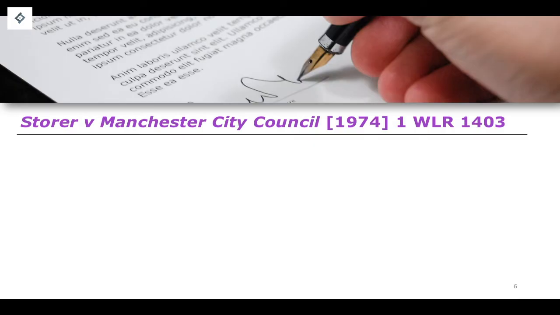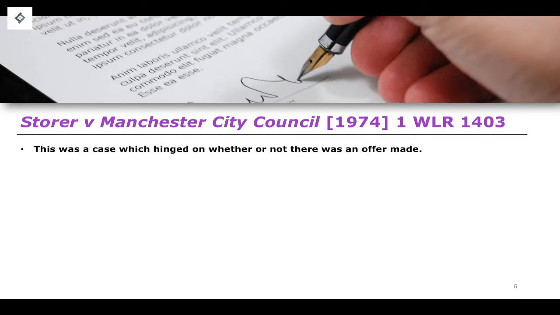The case of Storer and Manchester City Council, for example, from 1974, is essentially a case which hinges on the question of whether or not there was an offer made. Don't forget that this is an important thing to consider, because if there was an offer, and then by extension, assuming that there is the fulfillment of the other elements of a contract, there are therefore legally binding obligations, it means that the people who are involved in this particular